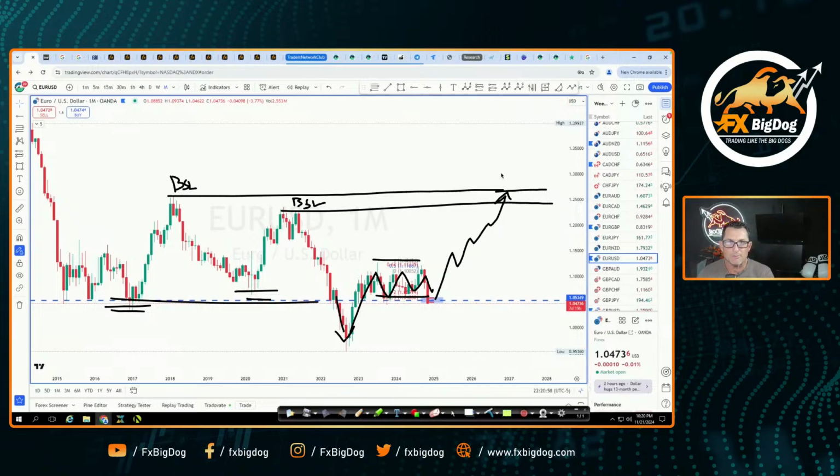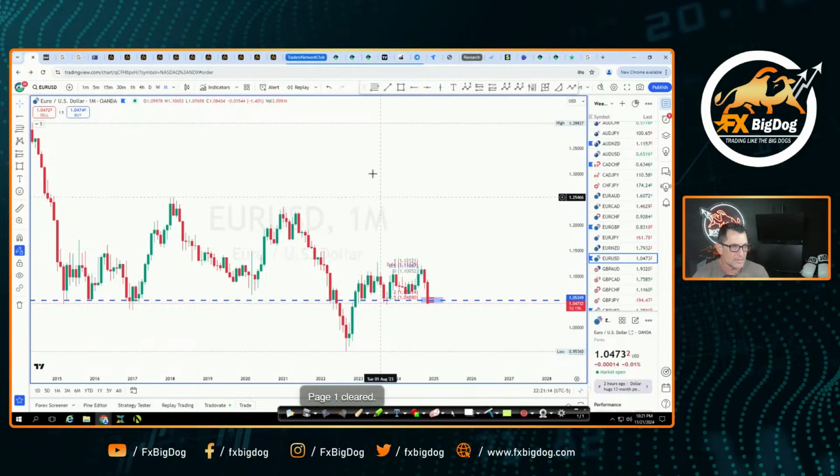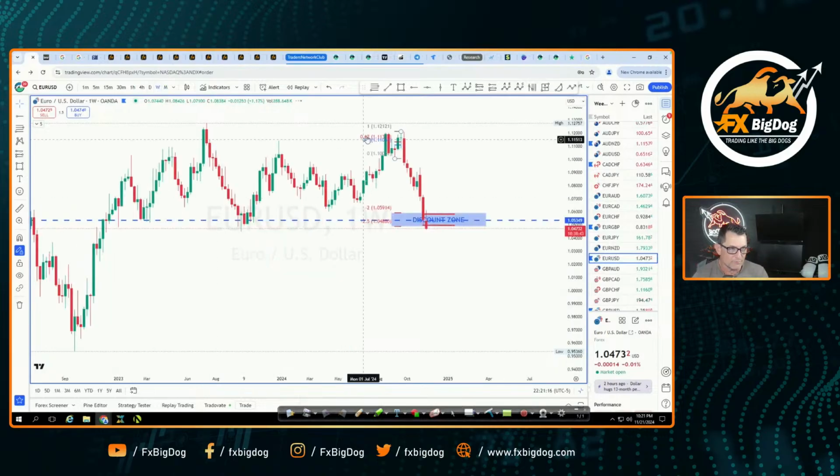So now we all understand what the long-term goal is. Some of you are probably sweating blood because maybe you're in some buy positions and you're like, oh my gosh, I'm over leveraged. What do we do, Big Dog? What do we do? All right, so this is what we do. We go down to the lower time frame so we can understand what the shorter time frame is doing, and so we can better understand what the markets are doing. So let's go down to a weekly time frame.